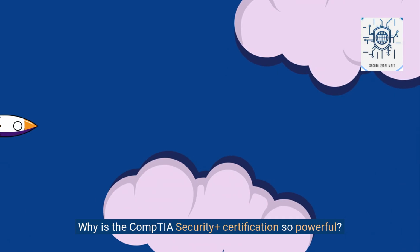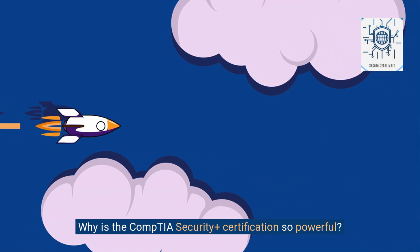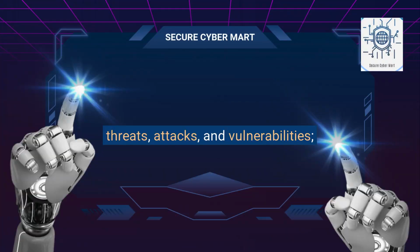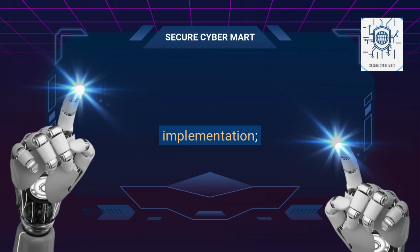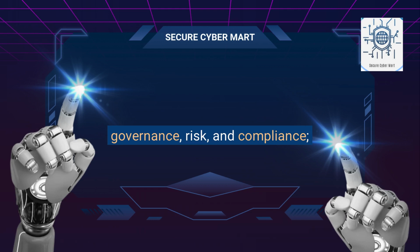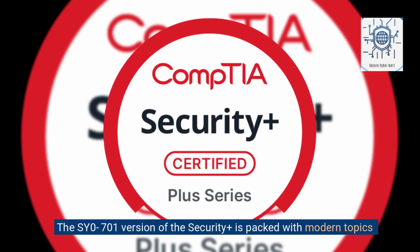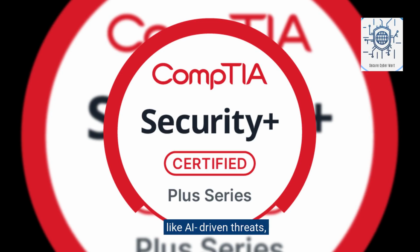Why is the CompTIA Security Plus certification so powerful? It covers 6 key domains: threats, attacks, and vulnerabilities, architecture and design, implementation, operations and incident response, governance, risk and compliance, and general security concepts. Stick around to get the toolkit to ace this exam. The SY0-701 version of the Security Plus is packed with modern topics like AI-driven threats and IoT security,